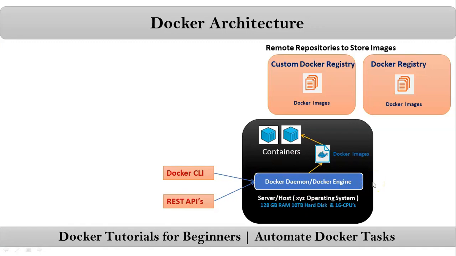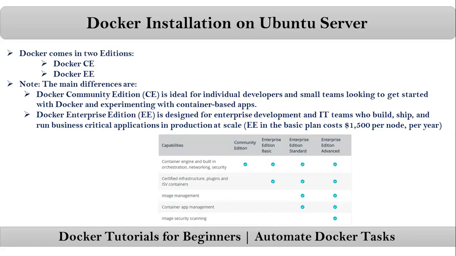Now to install your Docker, we have to go and get Docker software. Anyway, before going to that, actually Docker comes in two editions. One is Docker Community Edition and second one is Docker Enterprise Edition. There are some differences between these two editions. Anyway, simply Docker Community Edition is like open source. You can directly download and install with your required operating system. And this Docker Community Edition purpose is just to get practice with your Docker containerization concept.